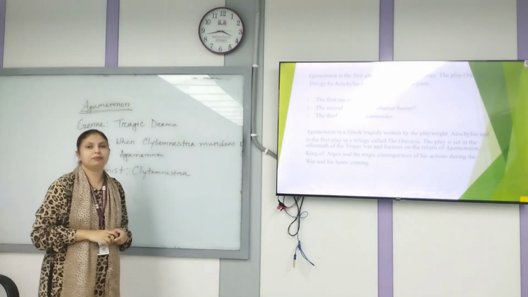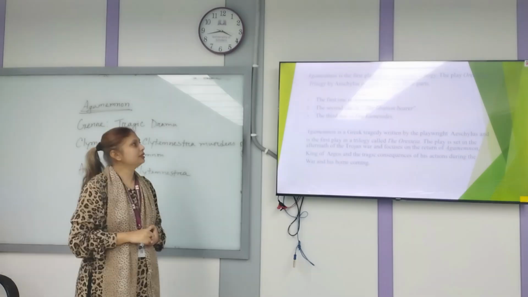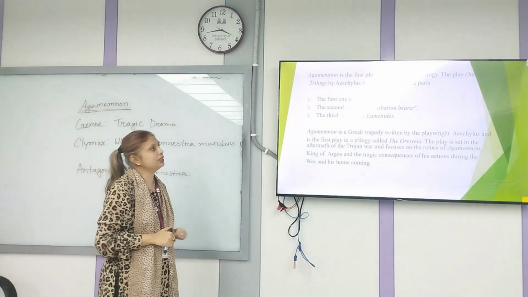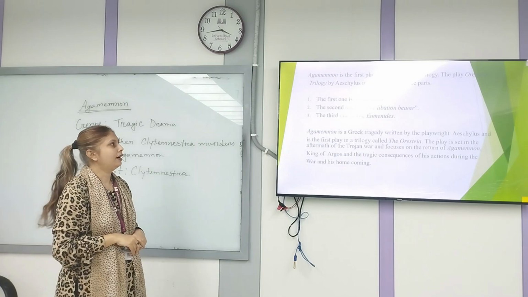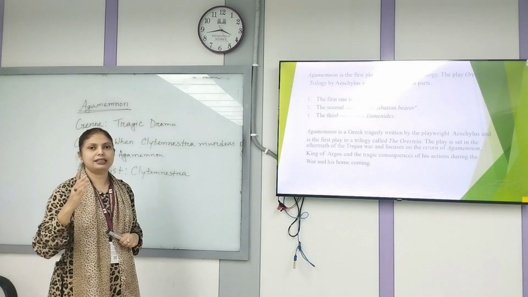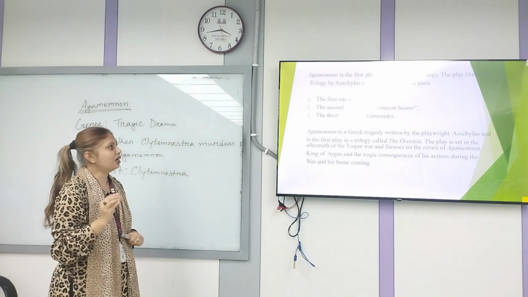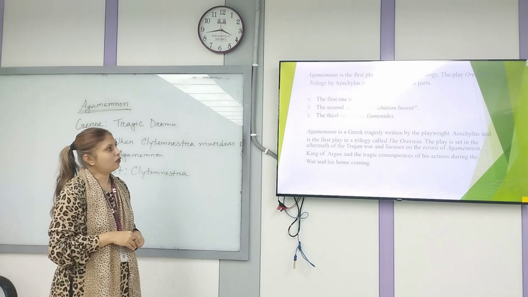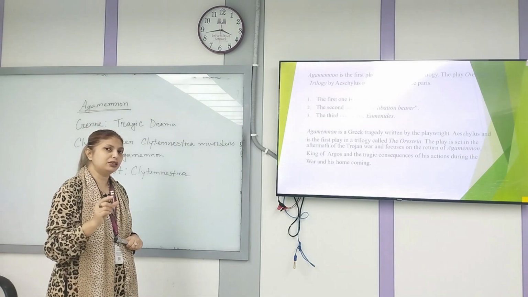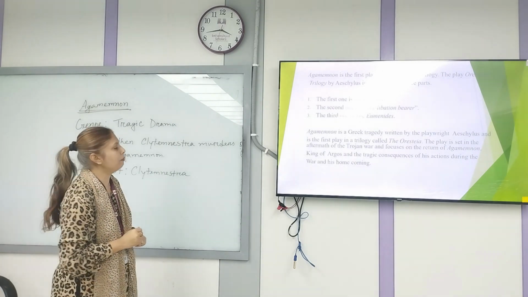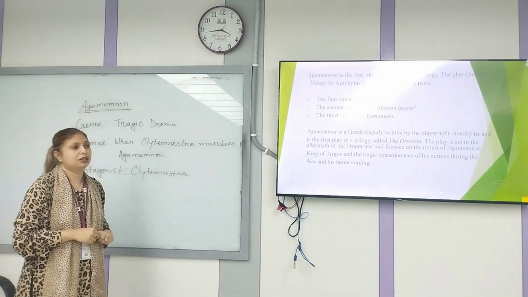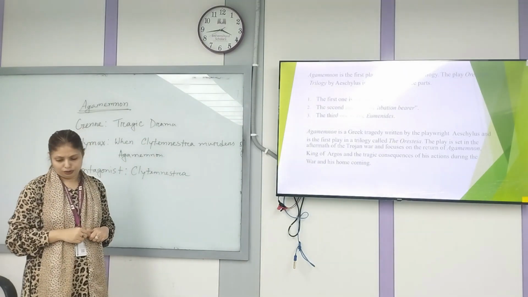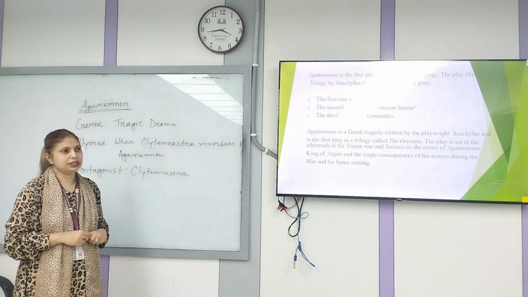University, written by Aeschylus. It is the first play of the Oresteian trilogy. Trilogy means something that has three parts. The word trilogy originated from the Greek word trilogia, meaning a series of three related tragedies